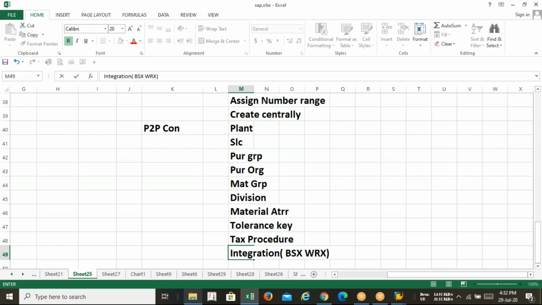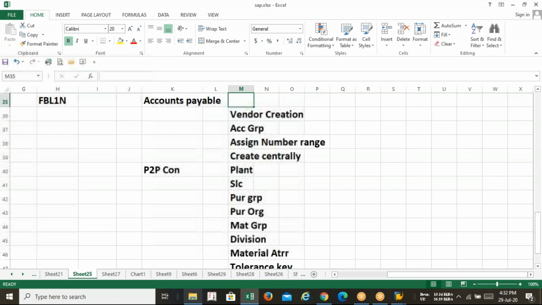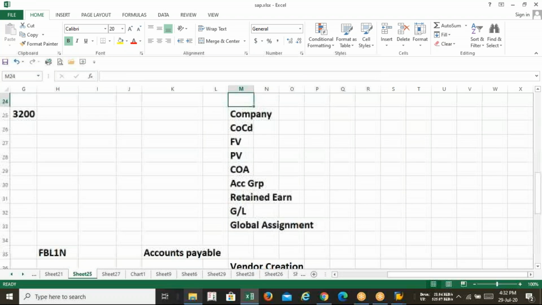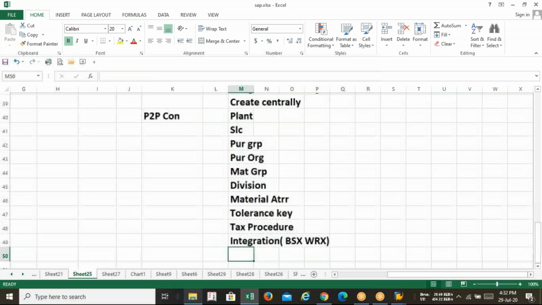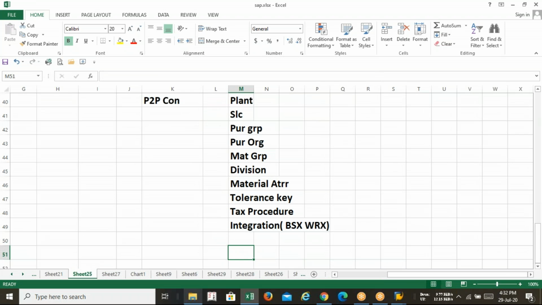Just tell me one thing, out of this entire configuration, in total how many classes? 11 or 10 classes. Is every one of you confident of all this stuff? If you get a dummy project where you need to configure all this, like accounts payable, are you able to create the P2P configuration for goods as well as for service, plant, and raw material? Yes, sir. Confident? Yes, sir. Okay, now coming to the T code. I think we have done so many T codes.